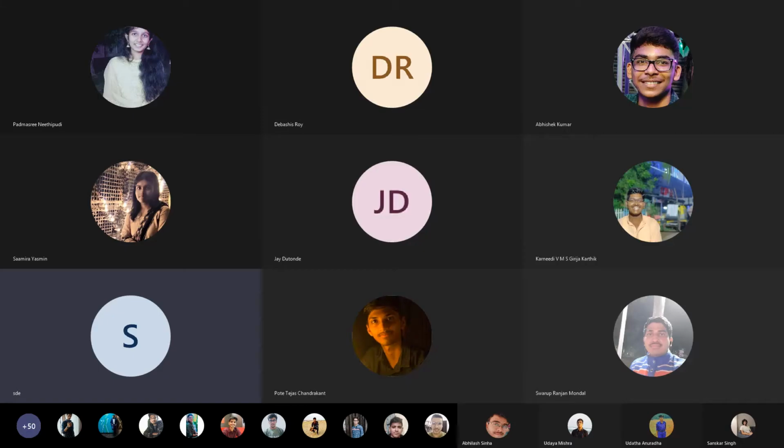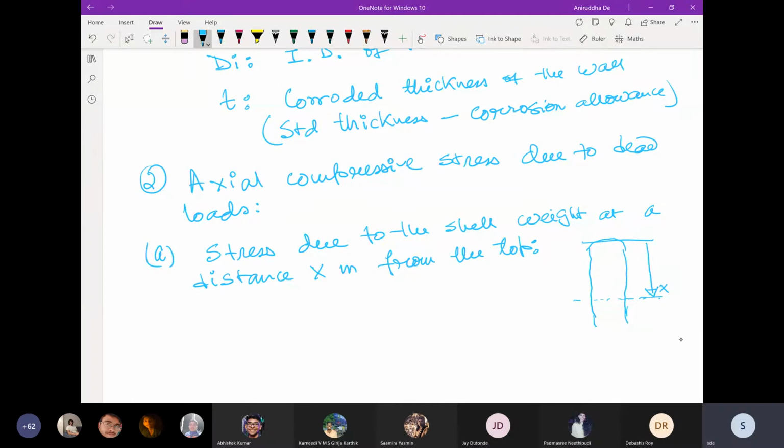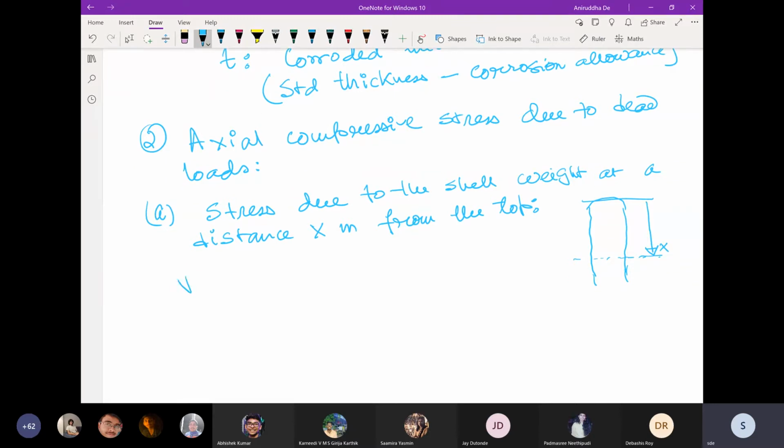So we are calculating all the stresses at a location x meter from the top. Okay, so this is sigma zs is equal to